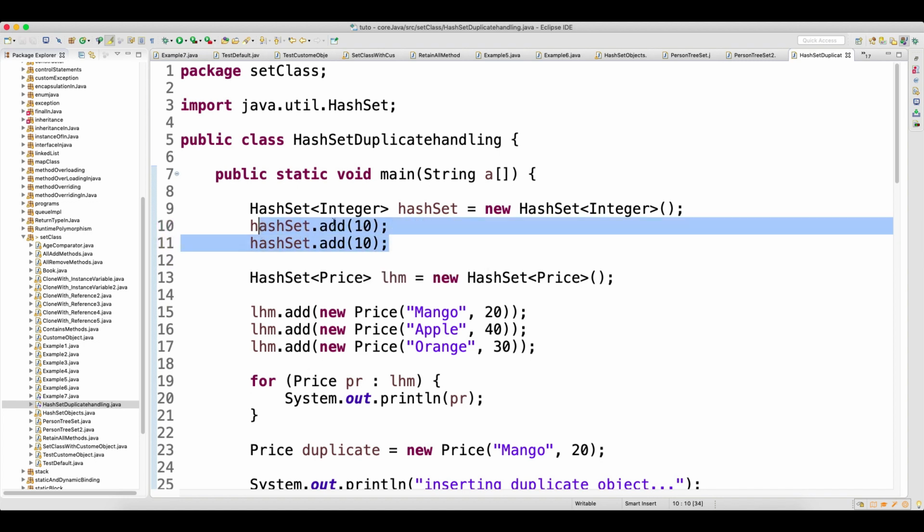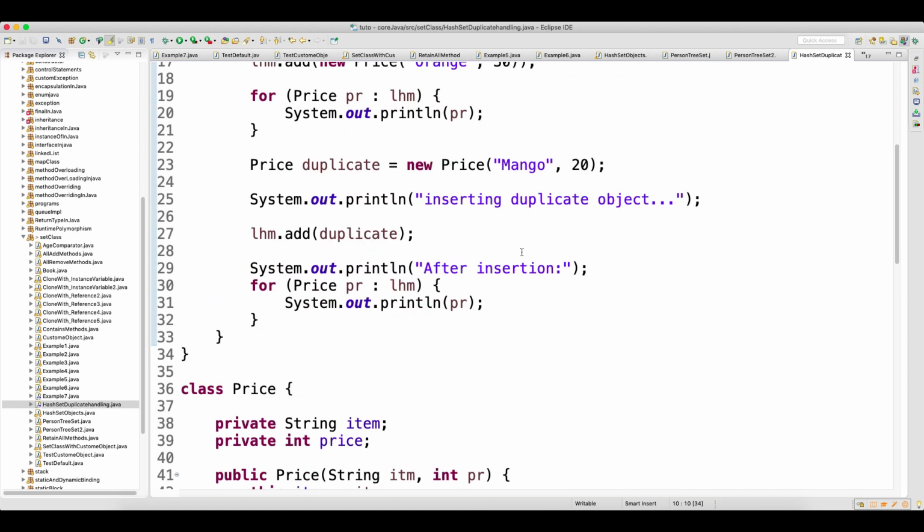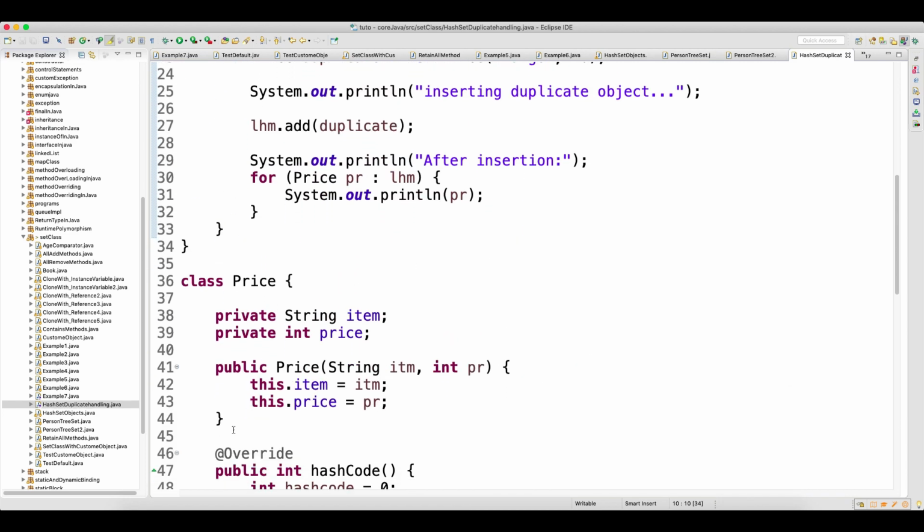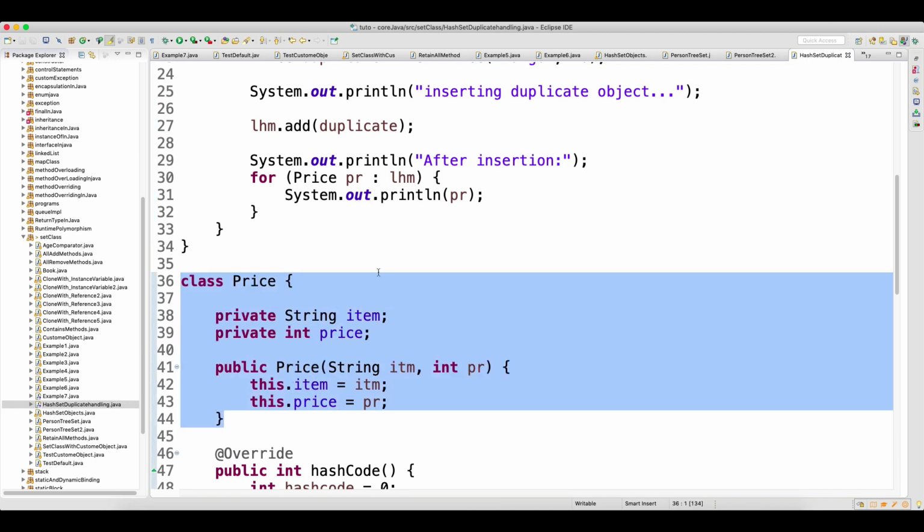But the problem is, assume that you have a custom object. Just focus till here. You have a custom object, and yes, I can create a default class in the same Java file, which is allowed. I cannot create two public classes, but I can create a default class in the same Java file, because I'm going to use this bean class only to hold the data. So I can write it here just for my convenience.